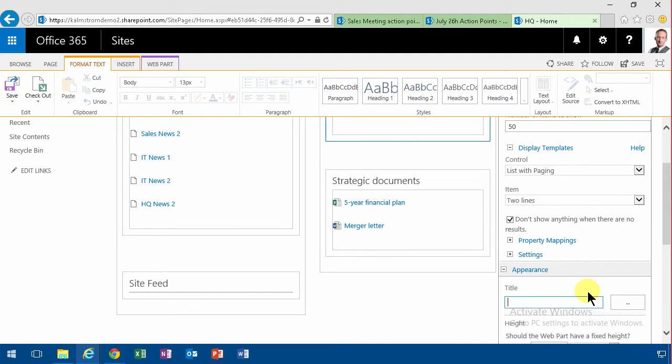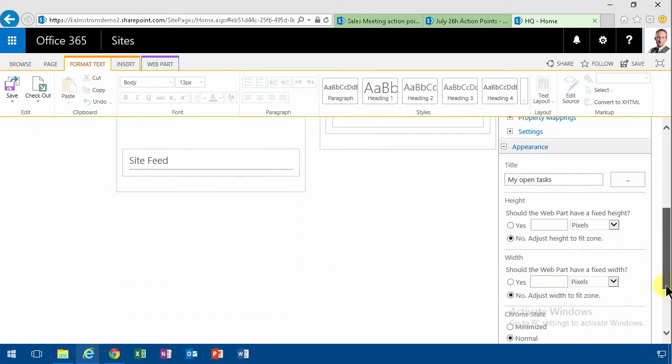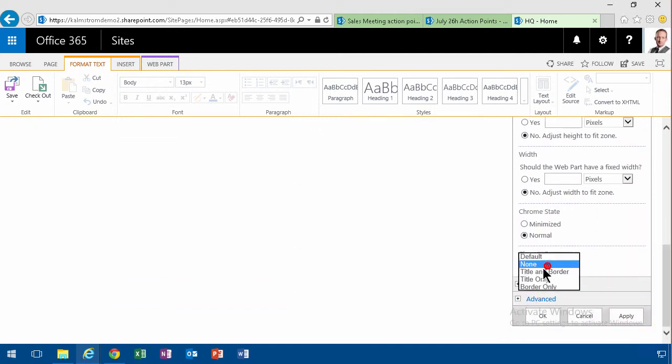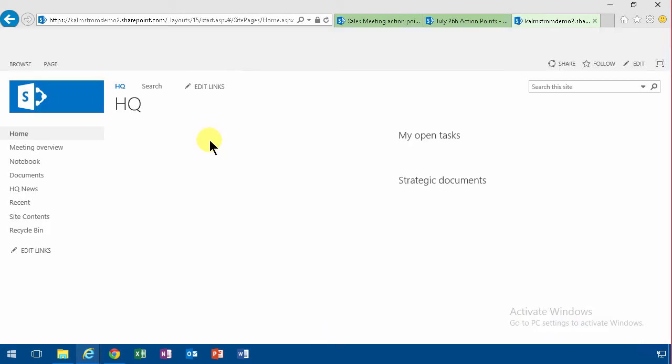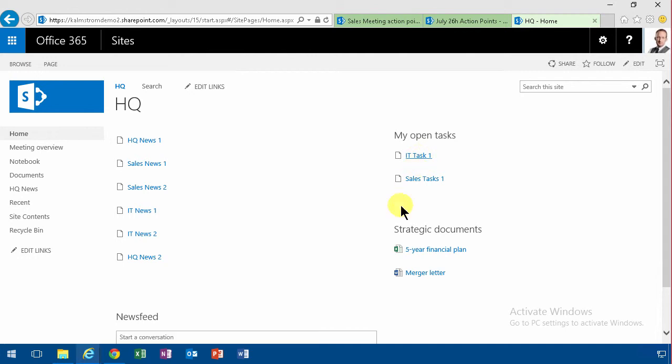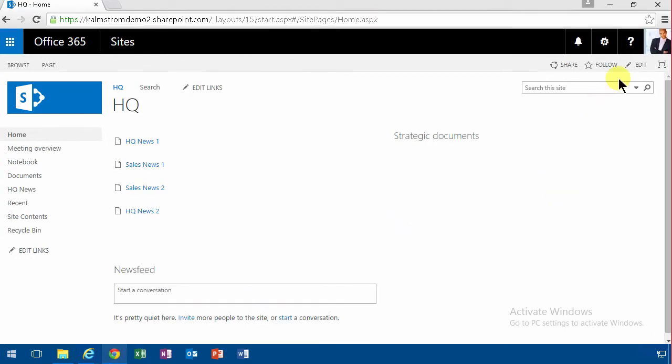So let's change the appearance here also to make it show my open tasks like that. And we're gonna show the Chrome type, set that to title and border and apply. And then I'm gonna save that. My open tasks. Now the beautiful thing is, of course, that if Antonio checks out this page, now I'm logged